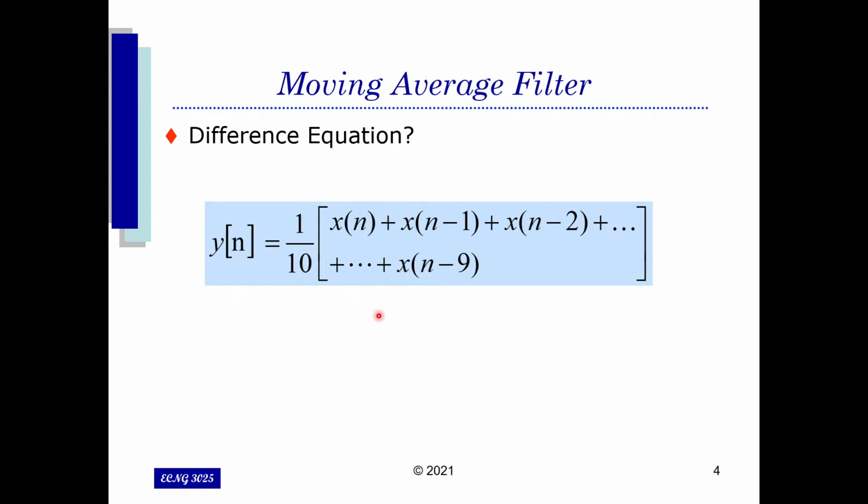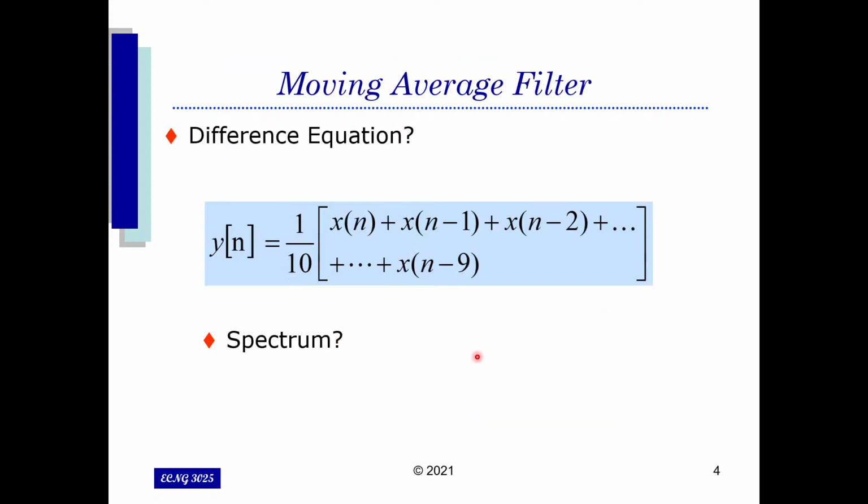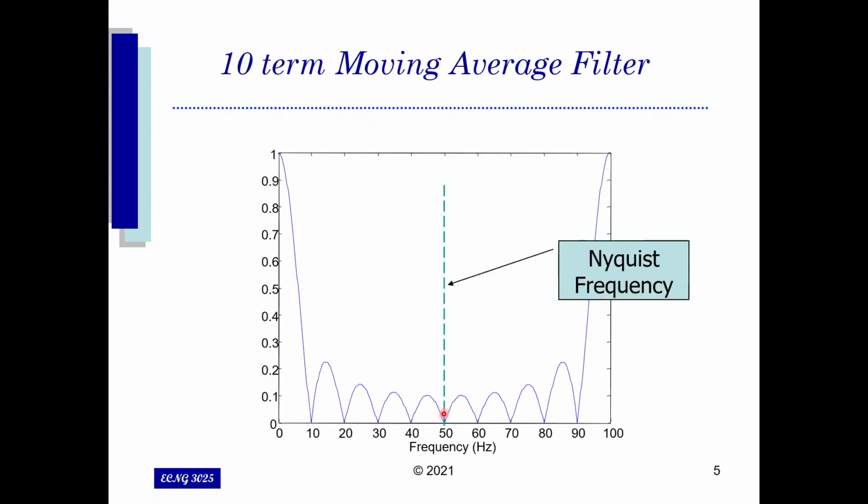The difference equation for this is just going to be y of n is equal to 1 divided by 10, x of n plus all the way down to x of n minus 9, which is basically going to be 10 values here in the brackets. And the spectrum of this, if we did have to plot it, is basically at half that of the sampling frequency. We will have a symmetric